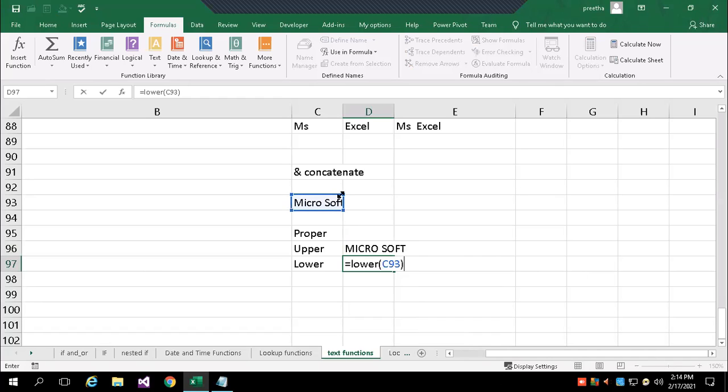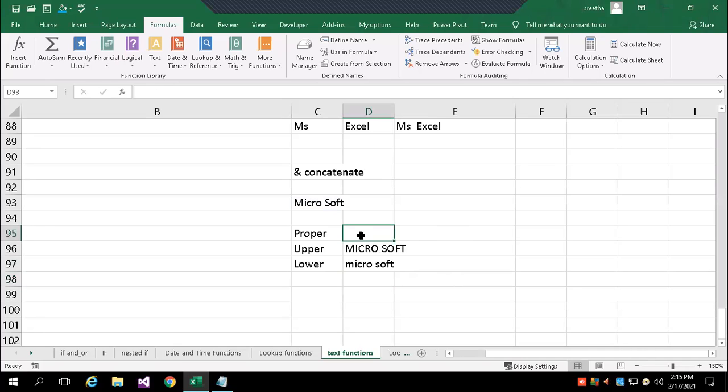Microsoft is already in small, but M and S are capital. In micro, the first letter is capitalized; in soft, the first letter is capitalized. So that also will be converted to small letters. If you want to convert completely to small letters, use lowercase. If you want to convert completely to capital letters, use uppercase.